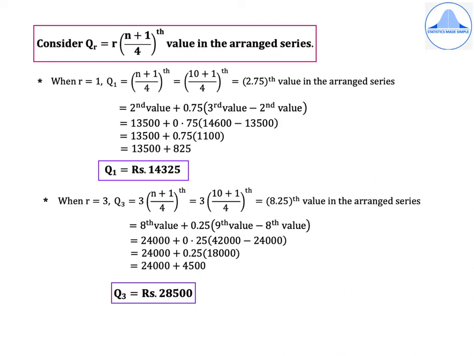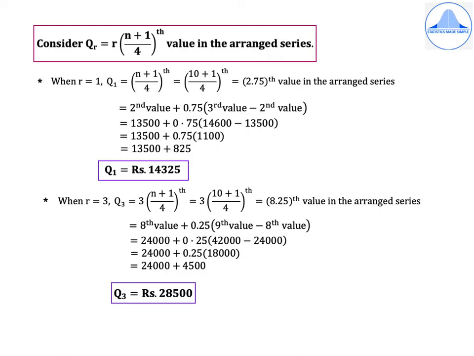Consider the rth quartile formula for raw data, that is Qr equal to r into (n plus 1) by 4th value in the arranged series. When r is equal to 1, Q1 is equal to (n plus 1) by 4th, which is equal to (10 plus 1) by 4th, which is equal to 2.75th value in the arranged series, which is written as second value